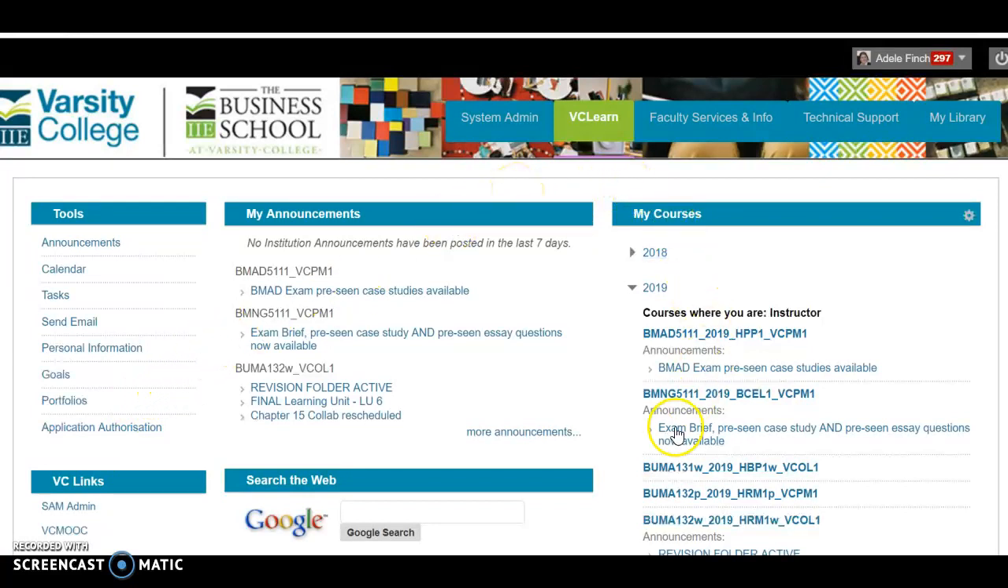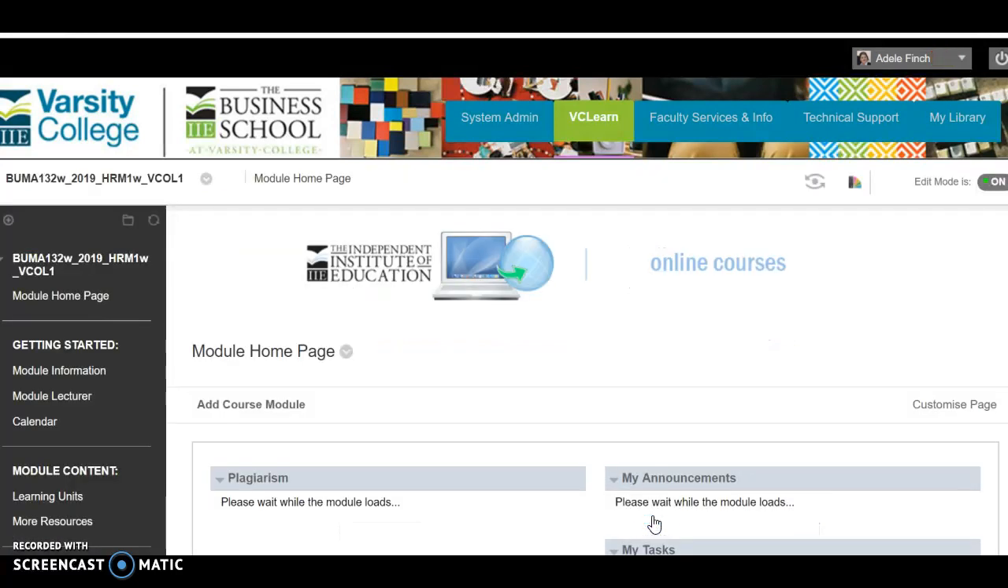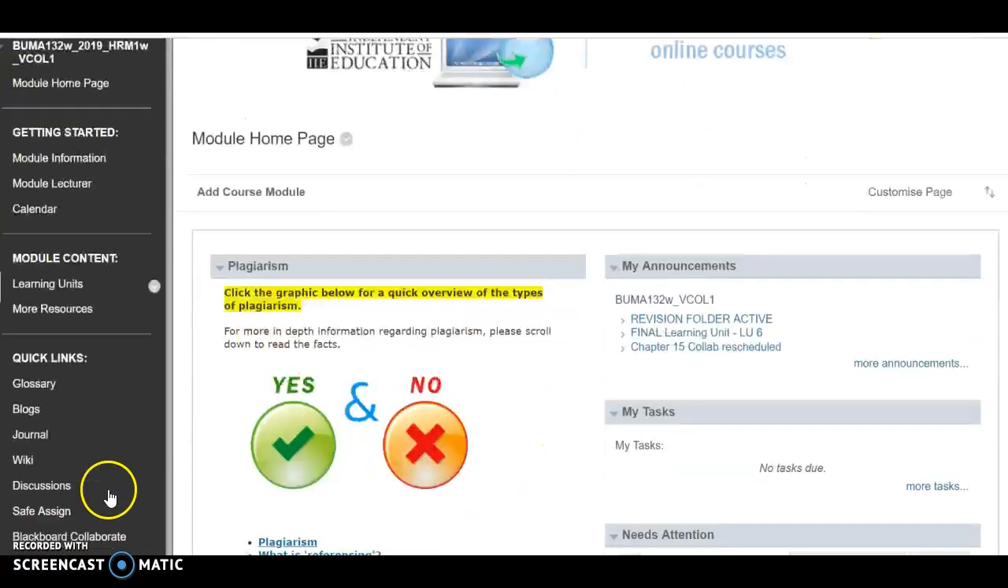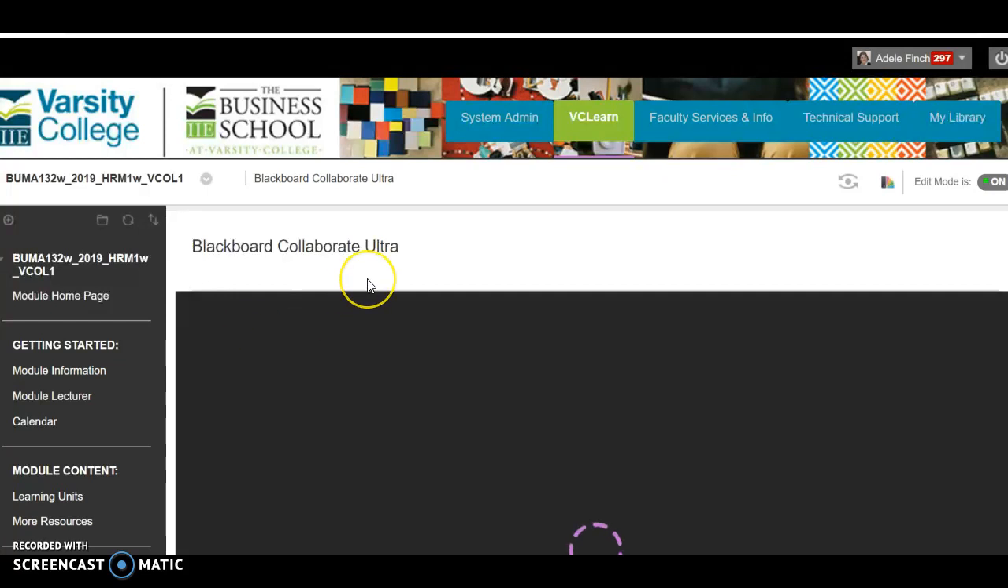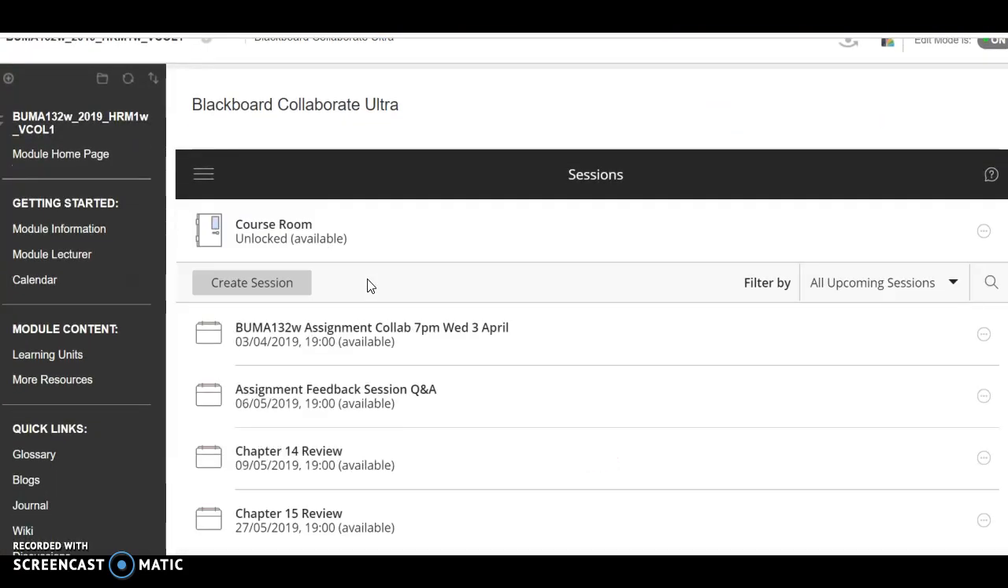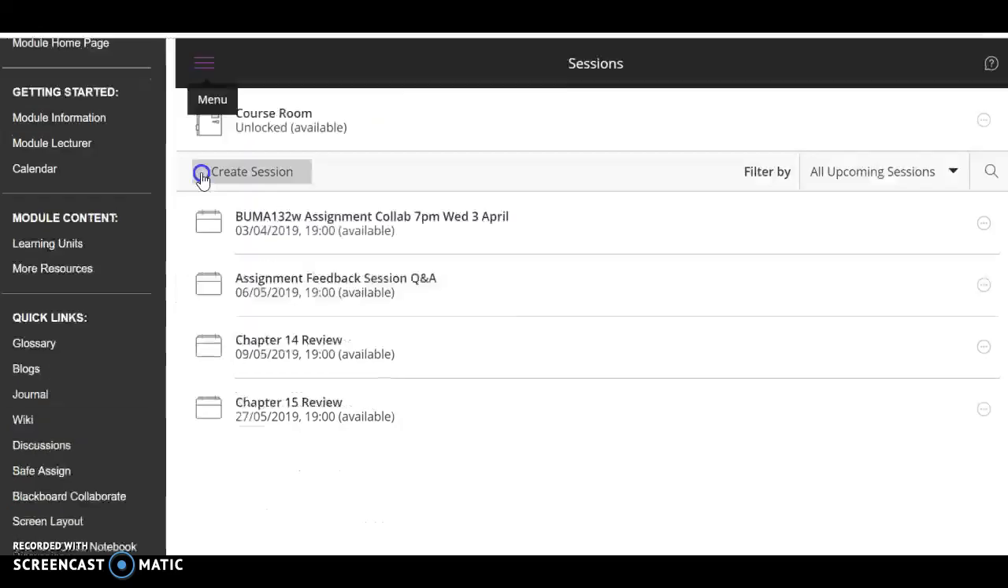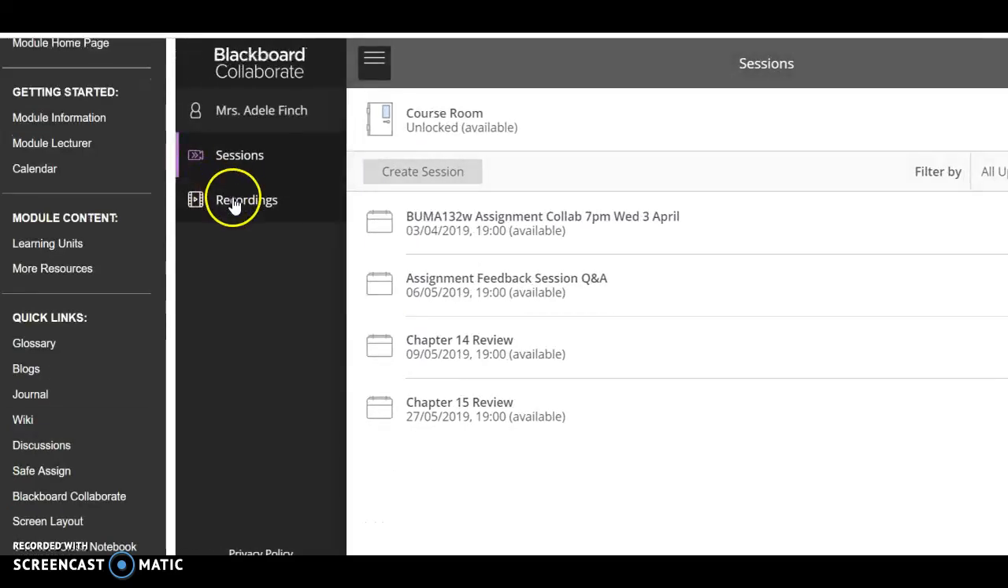Log into VC Learn, choose your module. I'm choosing Beamer 132. On the left hand side, go down and click on Blackboard Collaborate. Let it load. You now want to look at the recording, so you go to the top here where these three stripes are on the black border. Click on the menu, click on recordings,